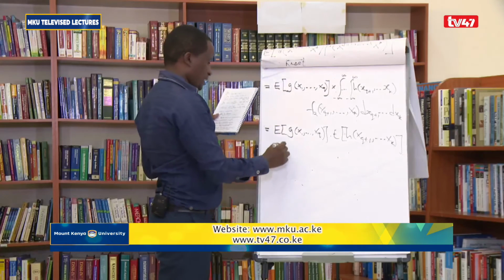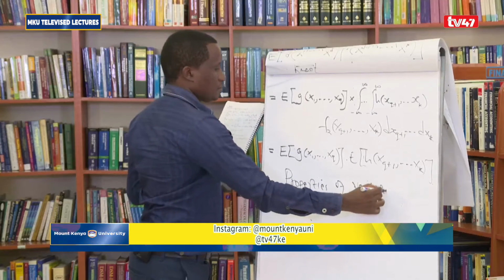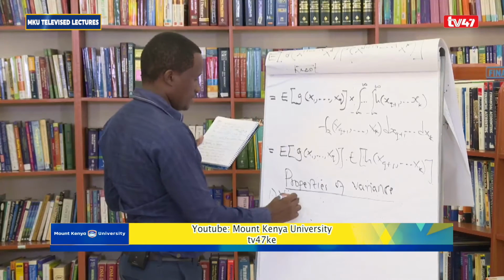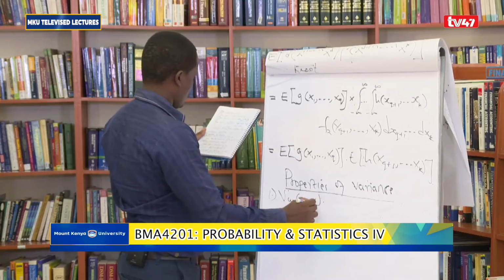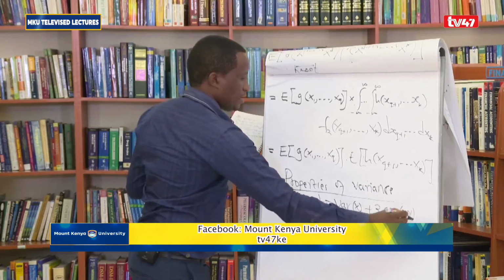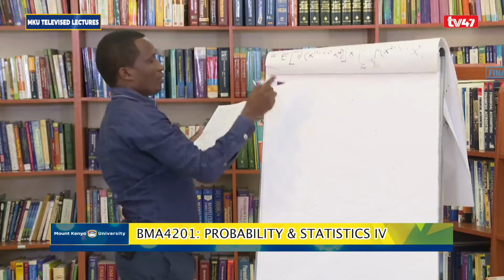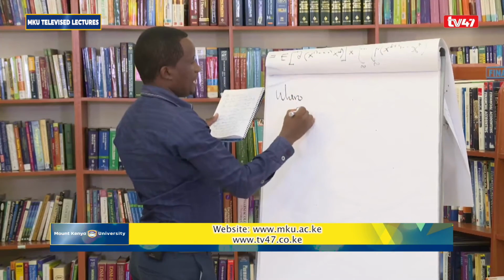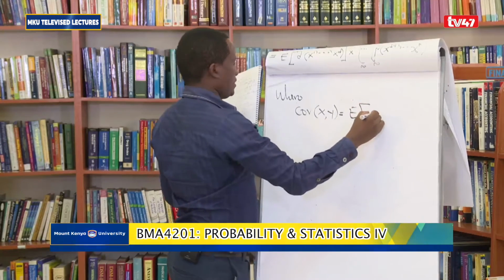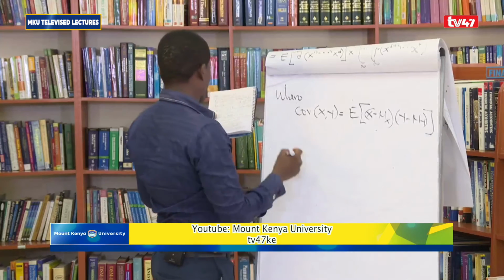Let's look at properties of variance. Property number 1, variance of x plus y is equal to variance of x plus twice covariance of xy plus variance of y, where covariance of xy is the same as expected of x minus mu x, y minus mu y. And